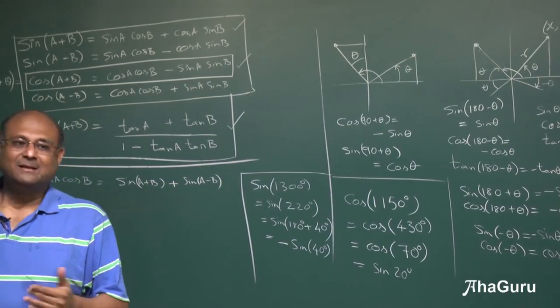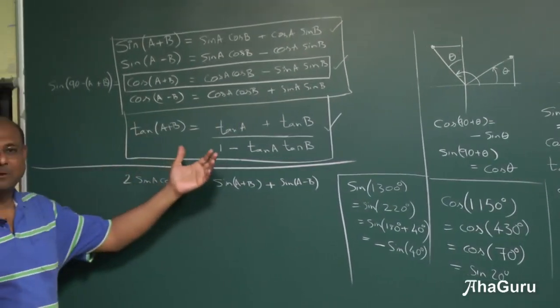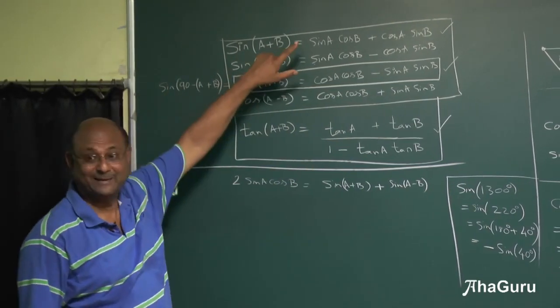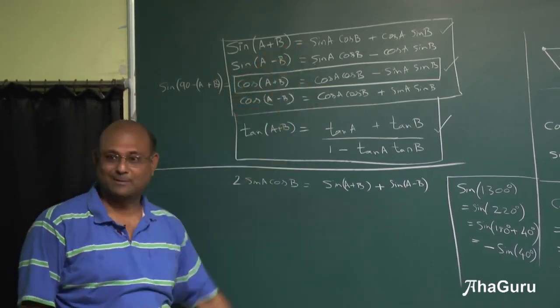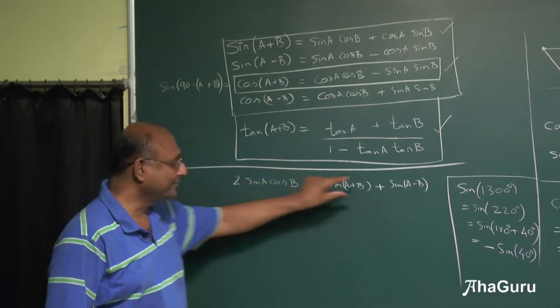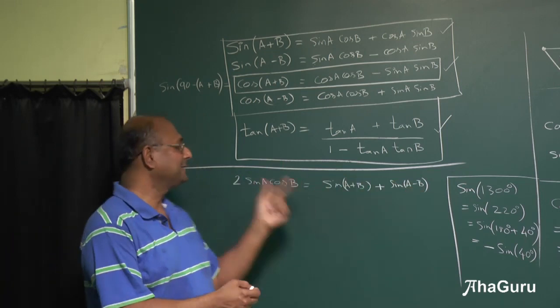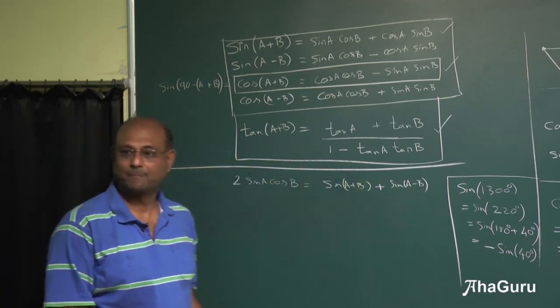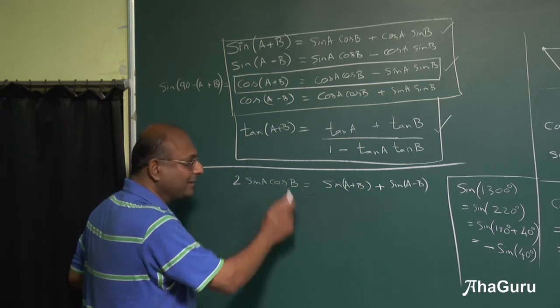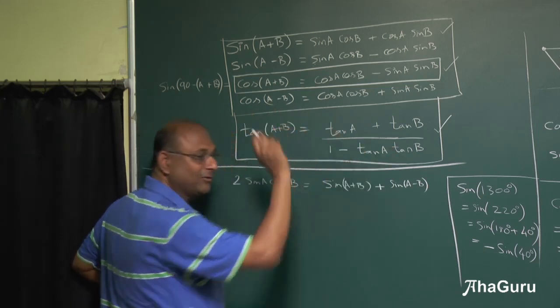Okay, the point is you will have to basically solve a problem in 1 minute, 2 minutes, etc. I can say, let me derive from the beginning and take 20 minutes to solve the problem. Nobody is going to give me marks for that anyway. So you need to remember this, because you have to say, okay, it strikes me what I should do next. Very simple. Sin A cos B, sin of A plus B, sin of A minus B.